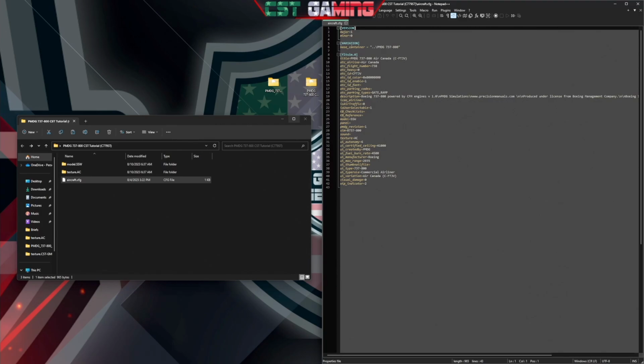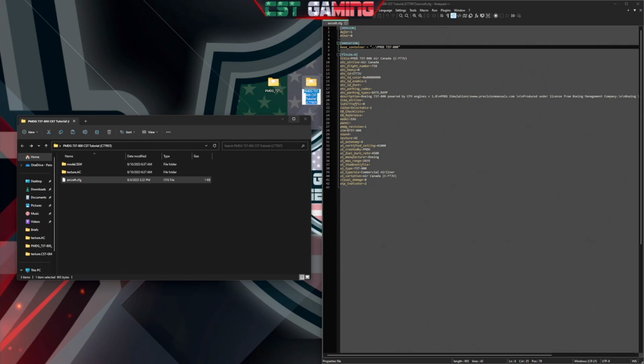So version, nothing to do with version variation. Obviously, it is the PMDG 737-800. Don't need to change that. Now, when we go to title, obviously we did change the title of that folder. It is now called CST Tutorial, and it's gonna need to match the folder name. So I'm just gonna copy this right here, and then I'm gonna come in there, and I'm gonna change this to the new name, just like that. So now it's CST Tutorial